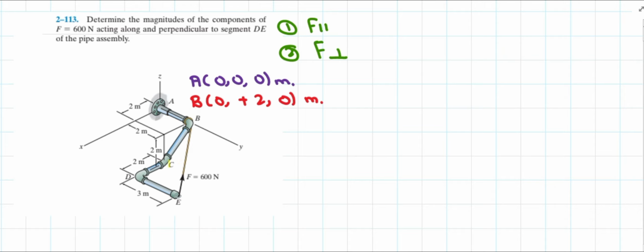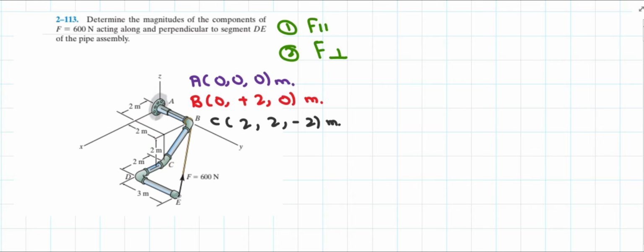Now what about the location of point C? Point C is lying in space. So it means that there are x, y and z values present in point C. If you consider this 2 meter distance right here, it is indicating out of the screen. So it is nothing but the positive x value present in point C. And this 2 meter distance is indicating on the right hand side, so it is the positive y value. And again, this purple 2 meter distance is indicating vertically downward, so it is the negative z value. So the location of point C can be written as 2, 2, negative 2 meter. This is the location of point C.